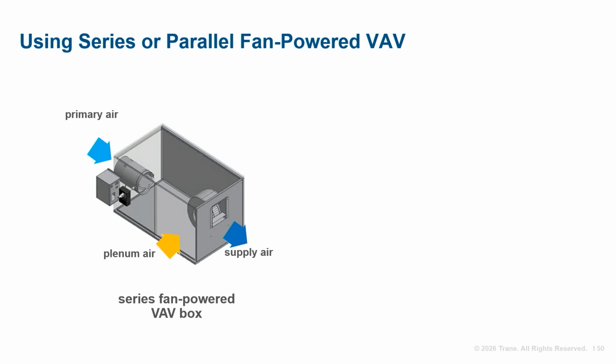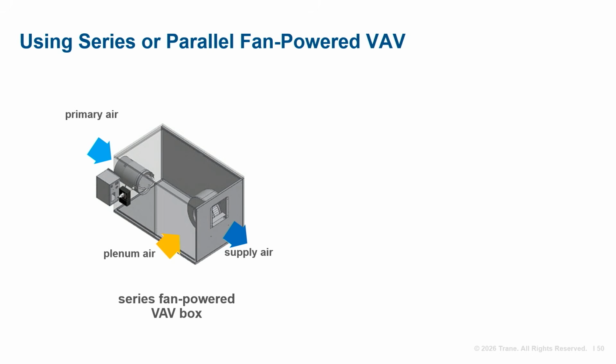As Eric mentioned earlier, VAV boxes are a key component in any multiple zone VAV system. Fan-powered VAV boxes can take advantage of the available plenum heat. They come in 2 main configurations, parallel and series. Each configuration has its own advantages and disadvantages. I'm going to discuss the main difference and a few pros and cons of using a parallel versus a series fan-powered VAV box. First, let's discuss series fan-powered VAV boxes and start with the pros, where the fan operates continuously,